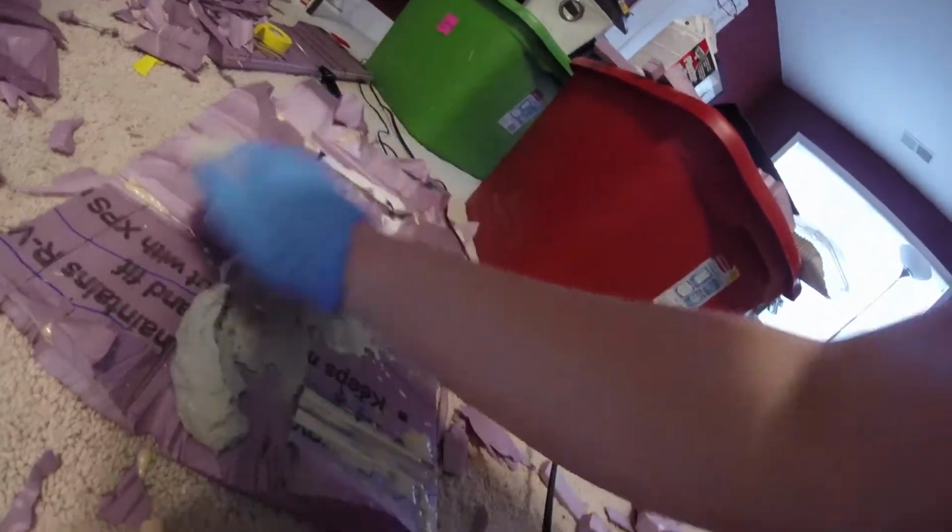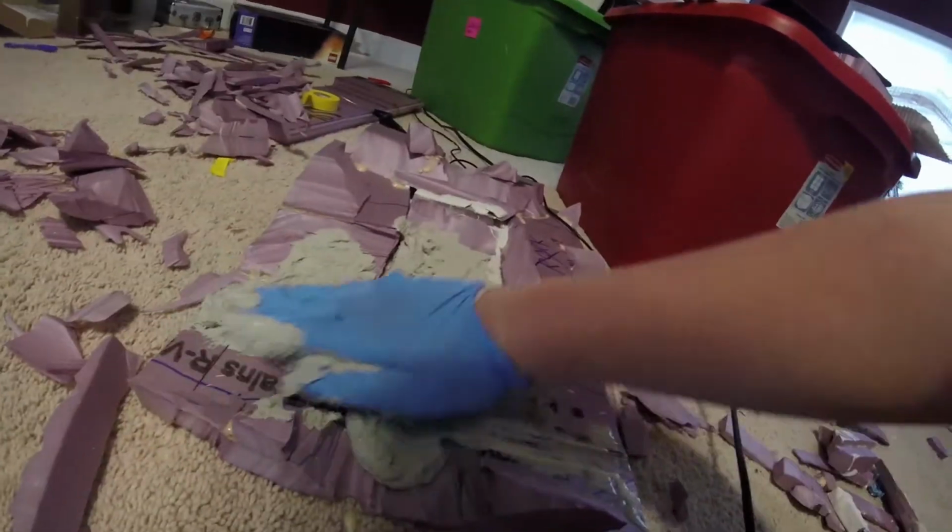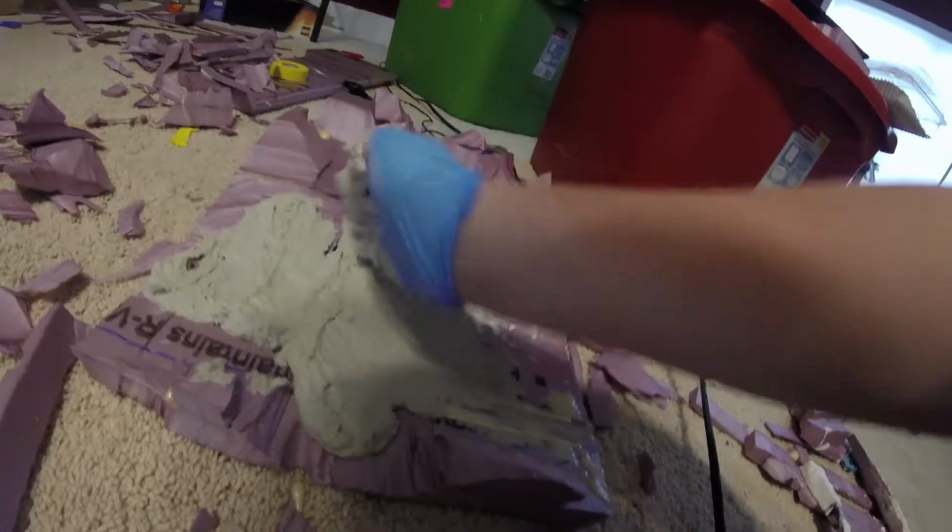I'm just going to go ahead and smear it all over the model. Try not to get any on your carpet or on your workspace. We're just going to smear it, just like how you would like to see it in a real land formation. Just going to go around,